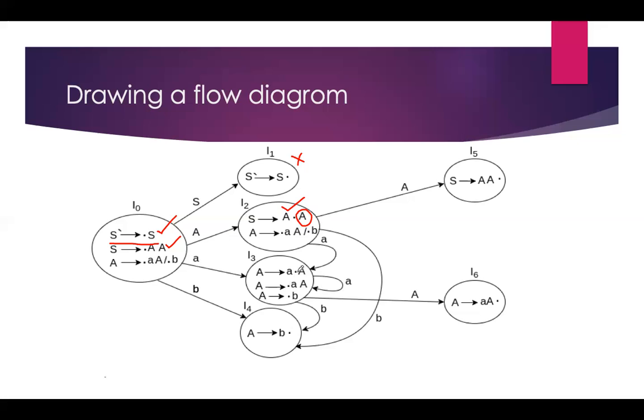A dot A, and after the dot there is capital A, so A tends to B. So for this second rule, if you apply the small a, again the I3 state is coming. That's why I have not given a new state name. The same state we are getting, that is I3 only. Okay, this rule is also completed in I2.